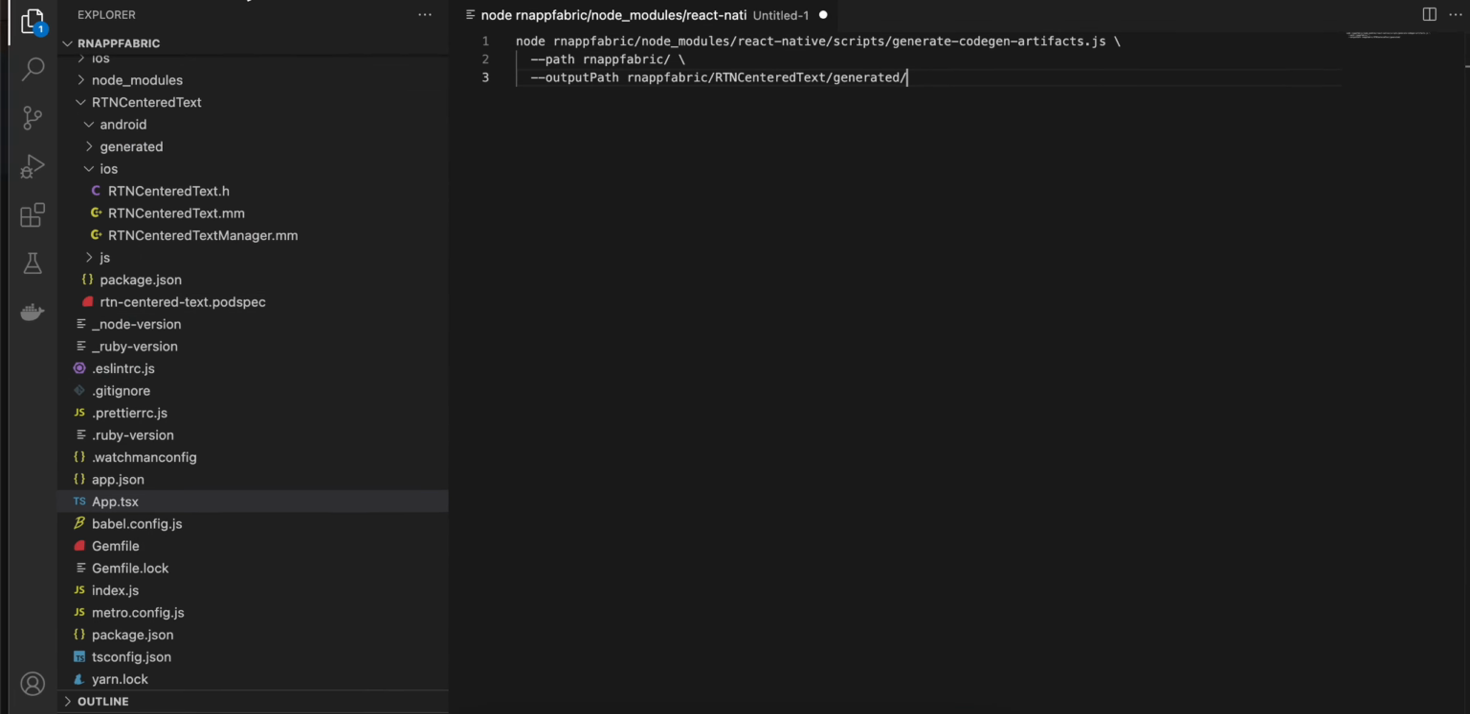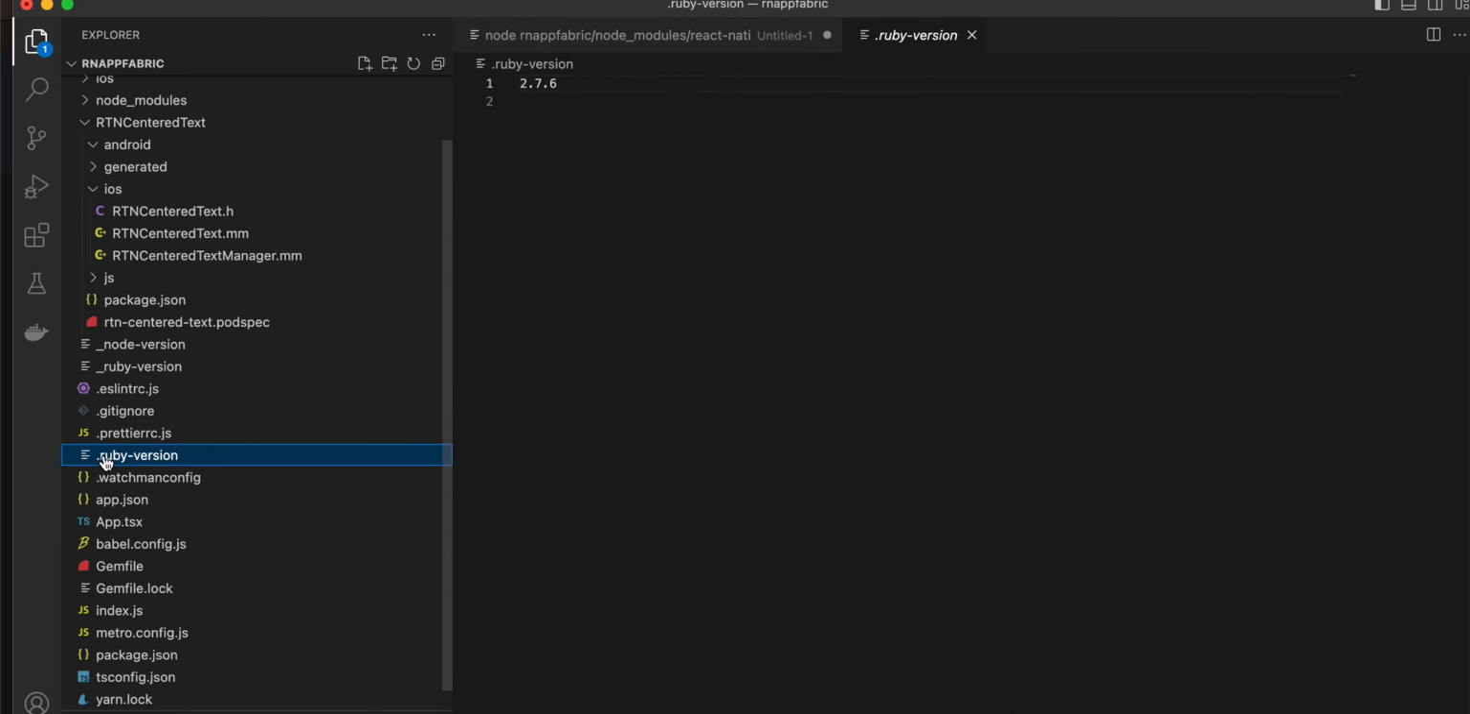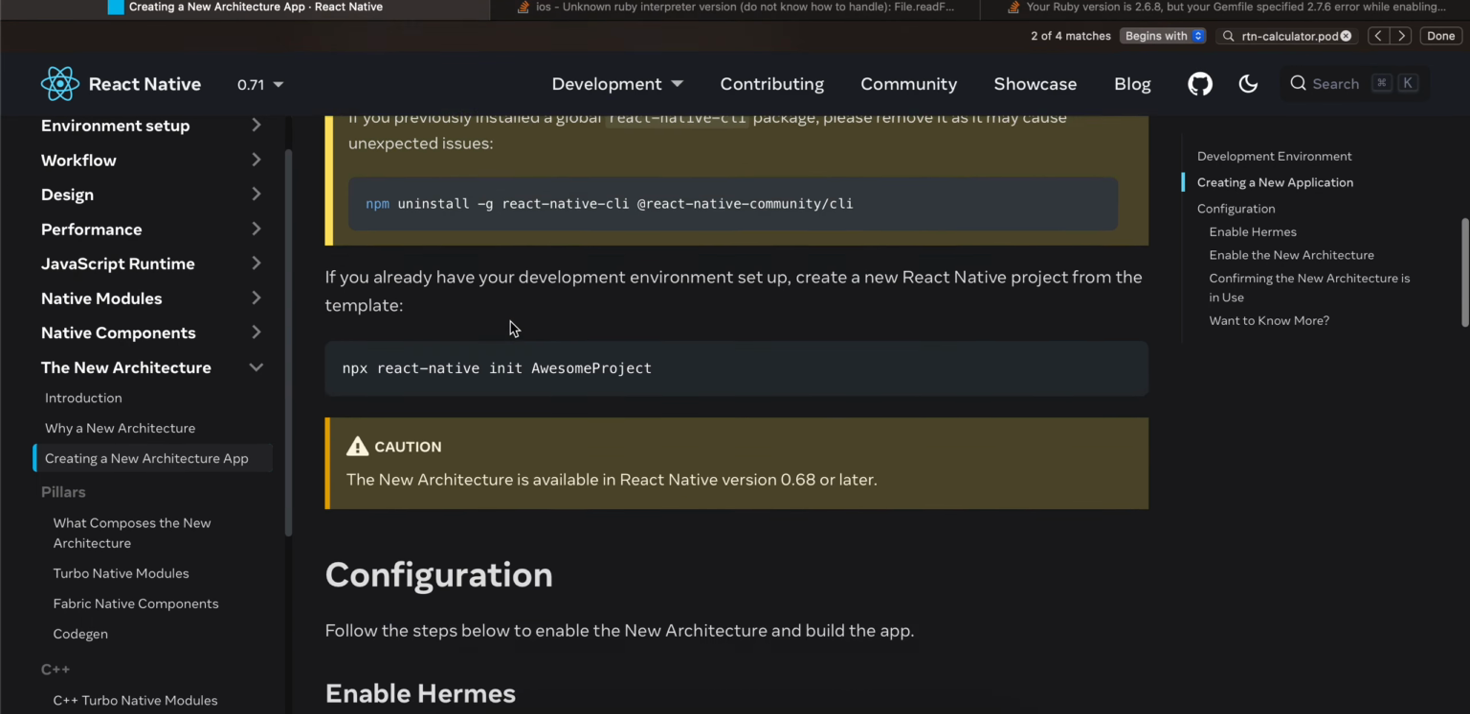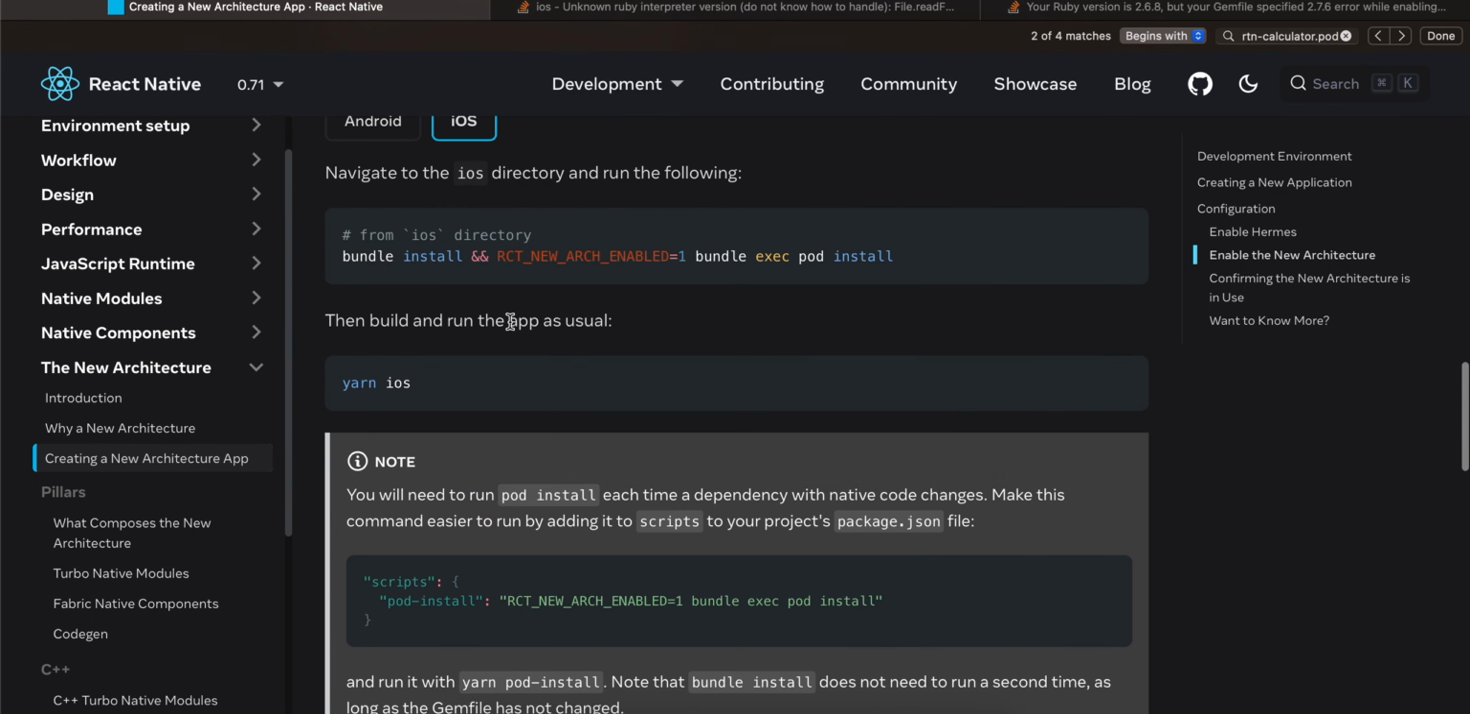which you are using. So I will tell you my Ruby version is 2.7.6. Make sure you have set this Ruby version for your system. You can use RBENV and check its documentation. So next you have to cd into your iOS directory, and to enable new architecture, first you have to run